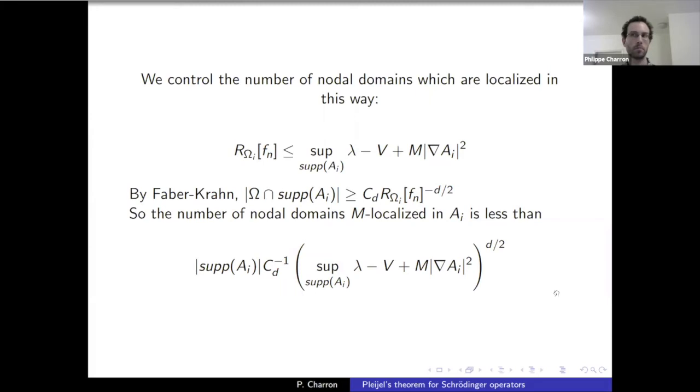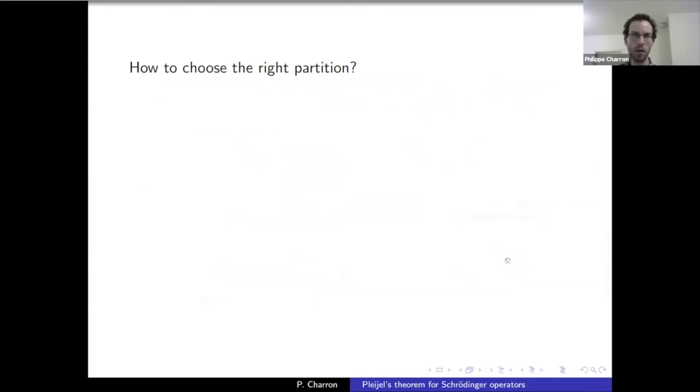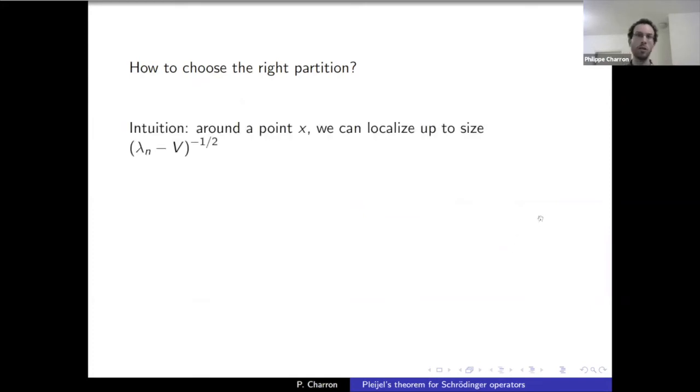But we don't have a meaningful way to control the overcount that we have. All we have is this last part, but that's going to be enough. And now all that's left to do is to choose a partition and then try to control everything. Choosing a partition is not a very obvious thing, but if we have the right intuition, it gives us a nice starting point.